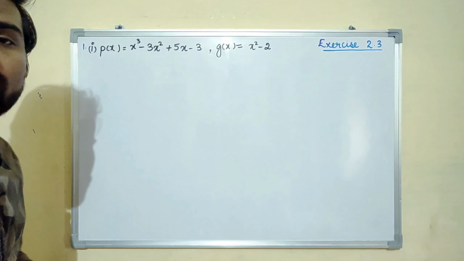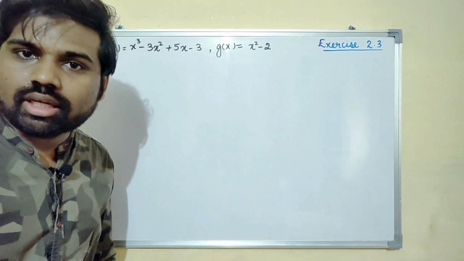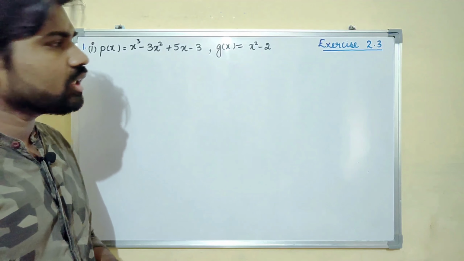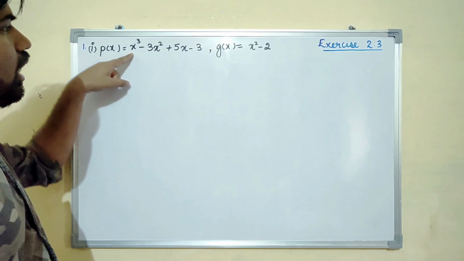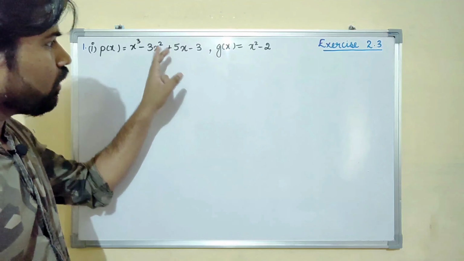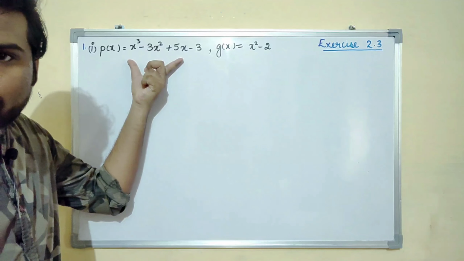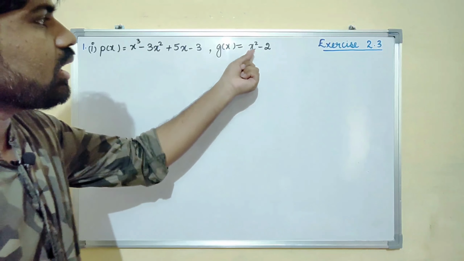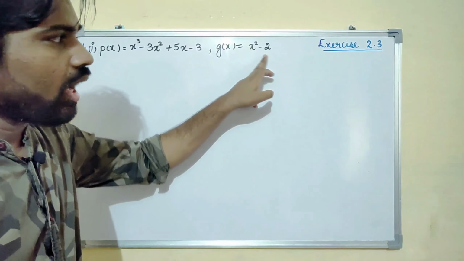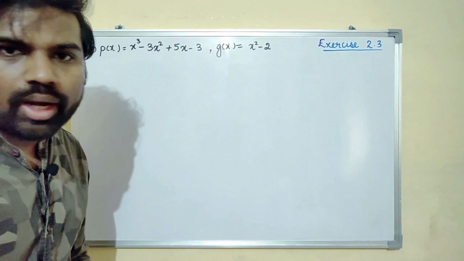First of all, what do we have to see? We have to see if the polynomials are written in the standard form. The power of x is 3, here the power of x is 2, here the power of x is 1, and then 0. That means this is the standard form of the polynomial, and here it is the power 2 and then 0. It is in the decreasing format. Now let us divide it.